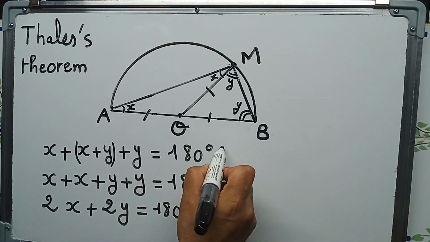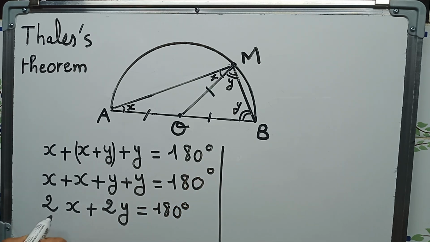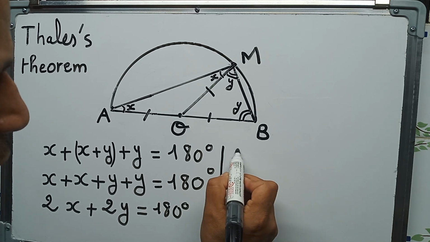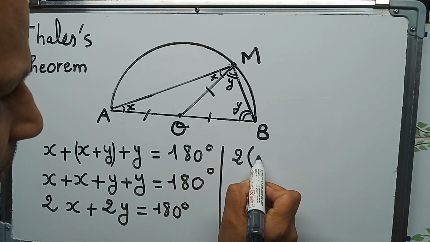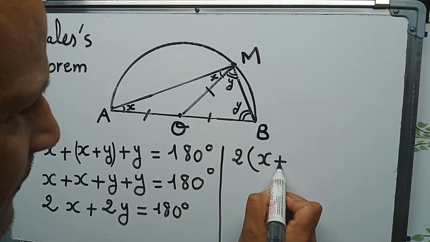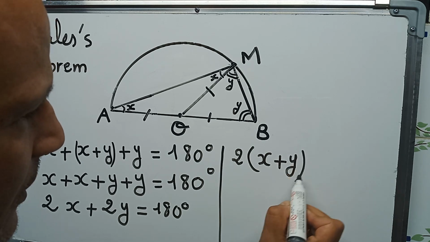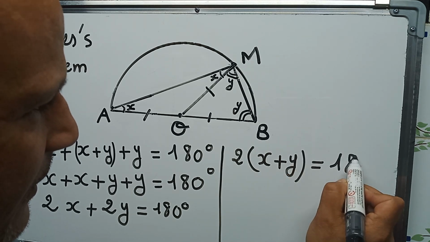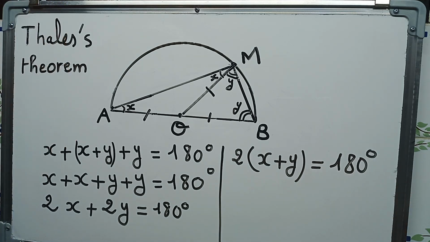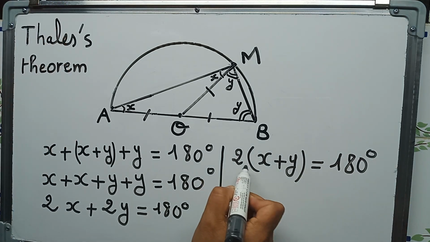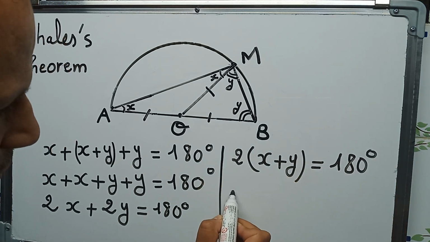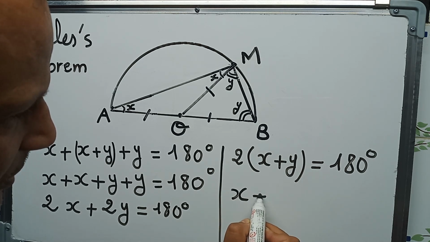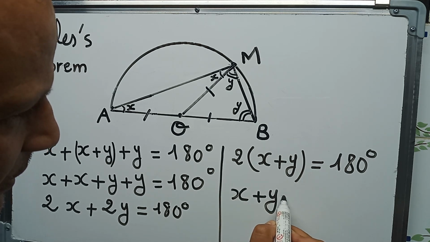And of course here we have 2 as a common factor, so we have 2 times X plus Y is equal to 180 degrees. And from here we can just divide by 2, so X plus Y is equal to